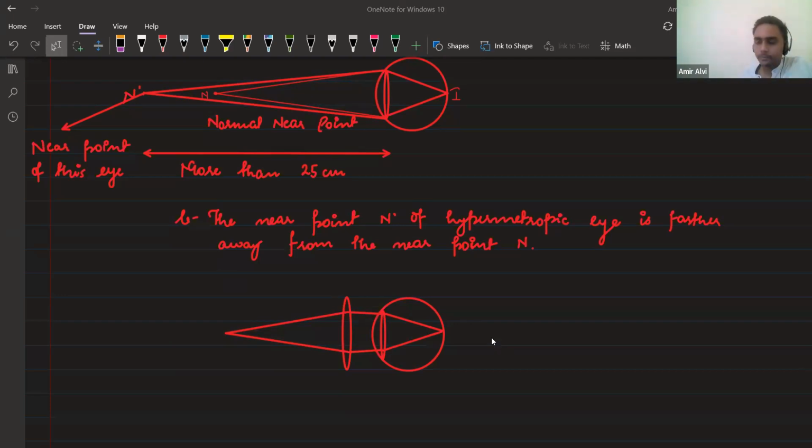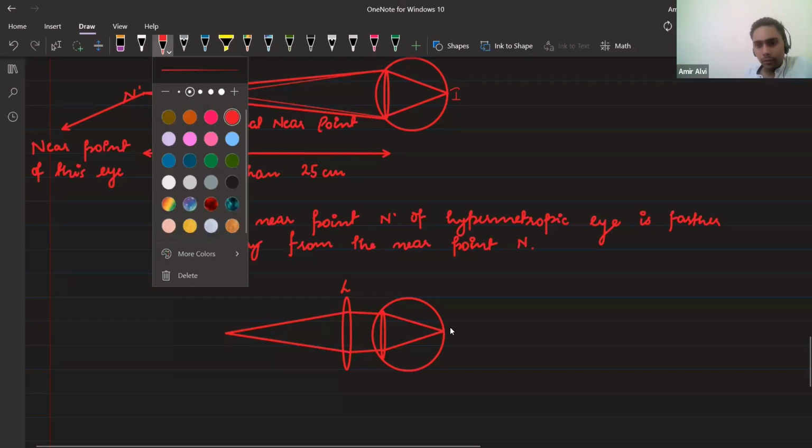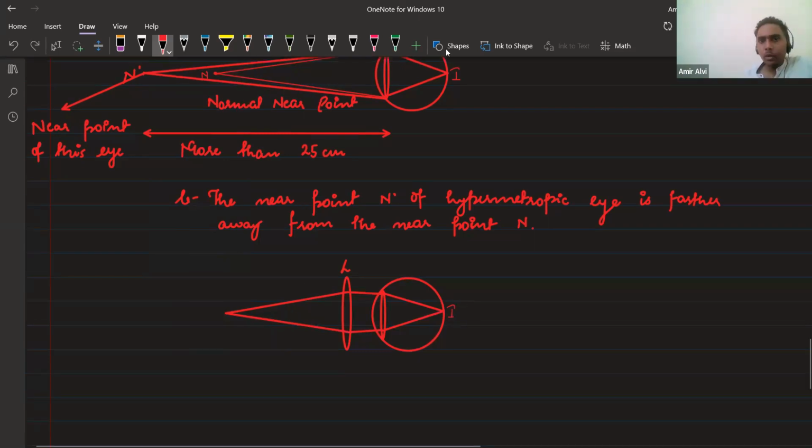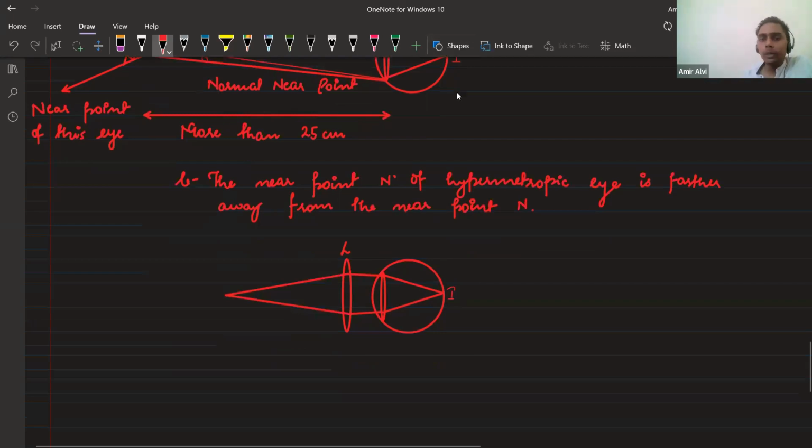Clear? So this is the lens. Okay. And this is the image here, exactly at the retina. Please let me know, children, is this clear to all of you? Yes. Any doubts so far to anybody? Yeah. So this is the image. Now, the line that I'm drawing right now, you have to draw with a dashed line. So as you can see, this is the near point. So basically, the actual near point of this defective eye was this, yes or no?